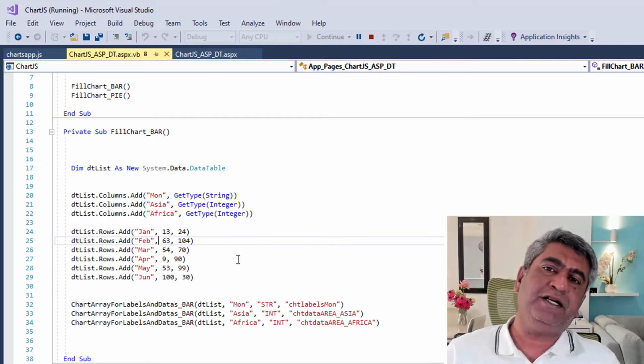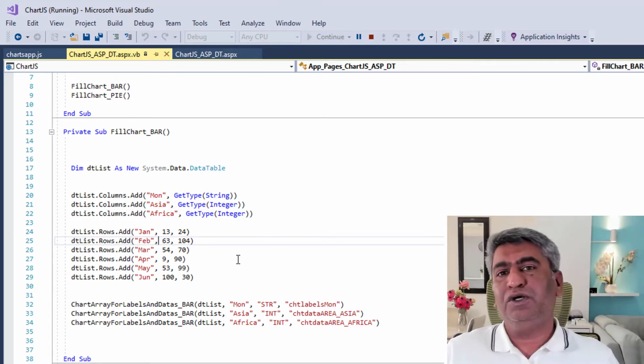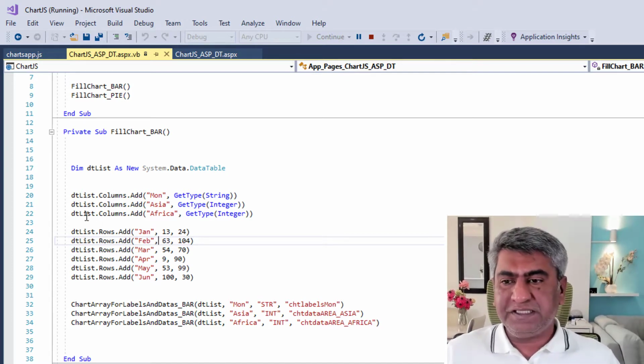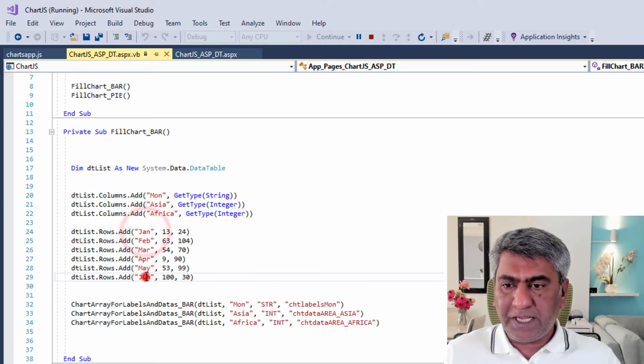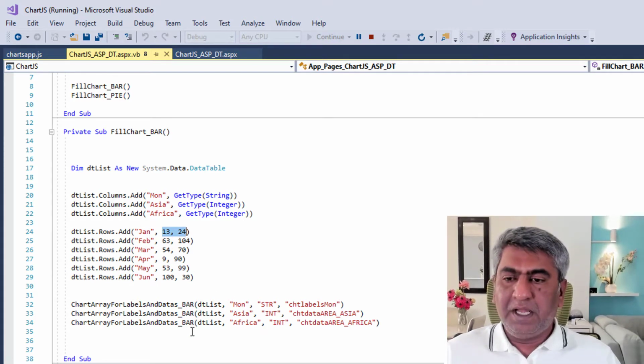If I would have binded it with Oracle or SQL Server, you would not see the data. So in the real scenario, in my real project, I have binded with the Oracle, but for demo purpose, this is a data table which has these data from January to June, and these are the actual data of that particular month.